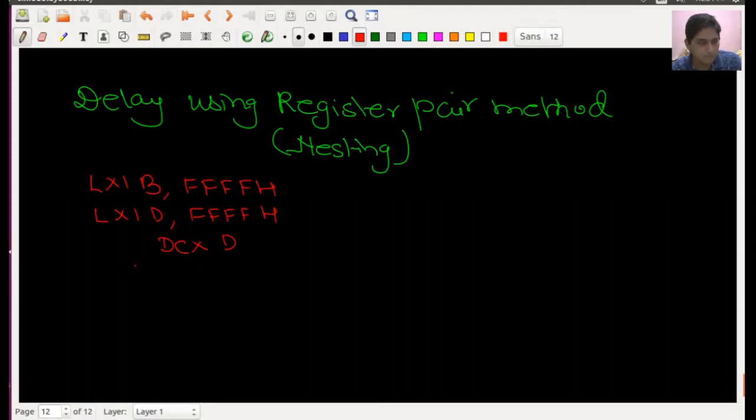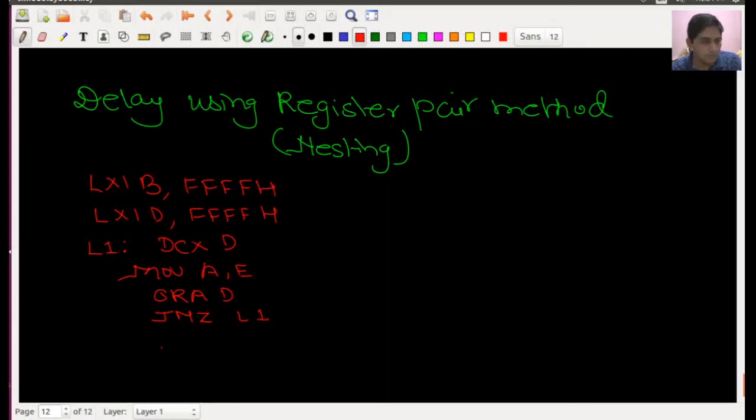we will follow a trick, and the trick says that you have to move the value of any register into the accumulator, do the ORing operation with D, and check whether it is 0 or not. So this is JNZ. So this L1 will be terminated here. This loop will be terminated here. So my inner loop portion is completed.